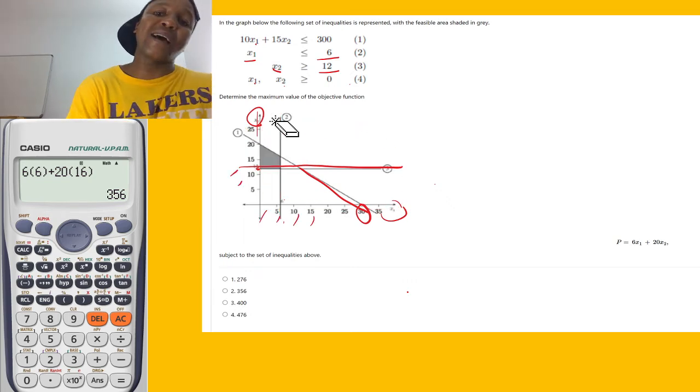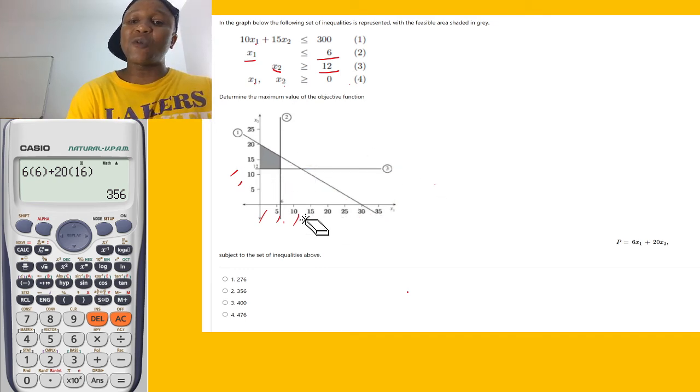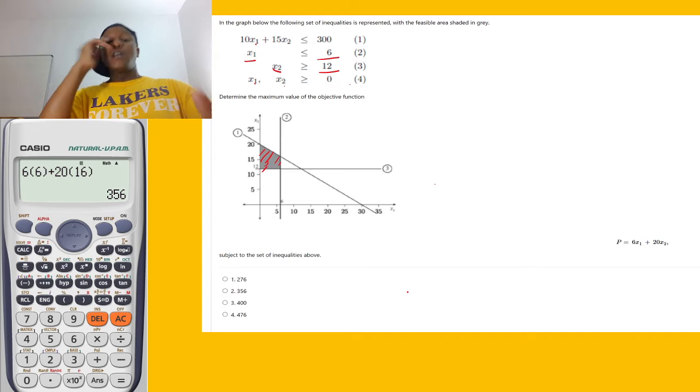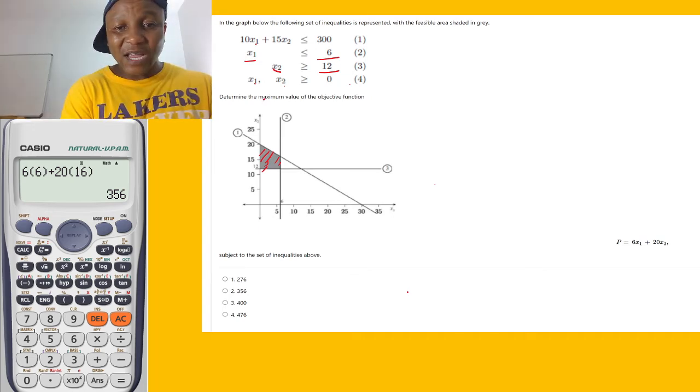Now let's go to the actual question. That was not part of the equation, but I was trying to explain how I got this graph. And this part here is called the feasible region. The shaded region is called the feasible region. What we need is the maximum value of the objective function, this one here,